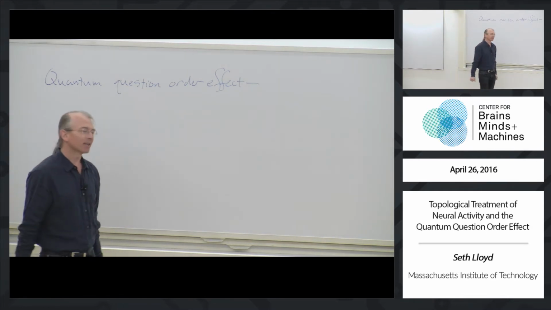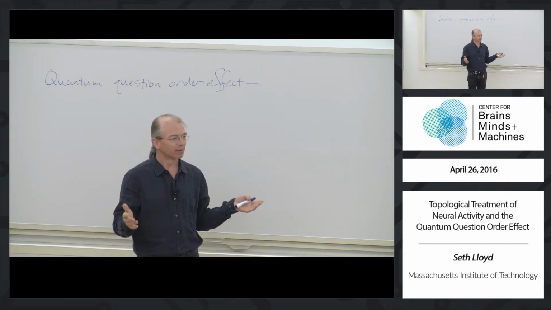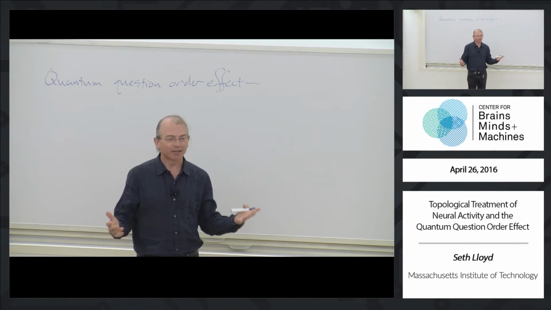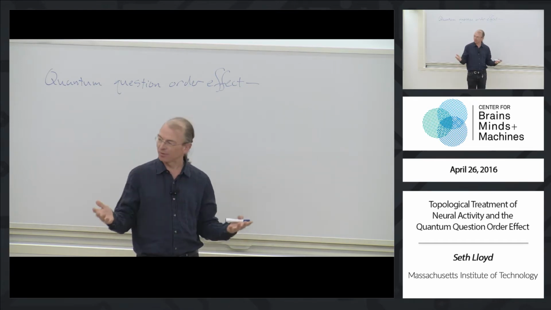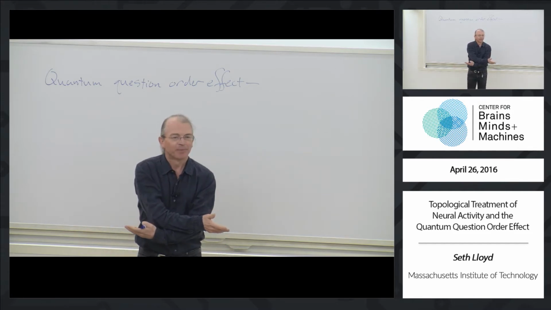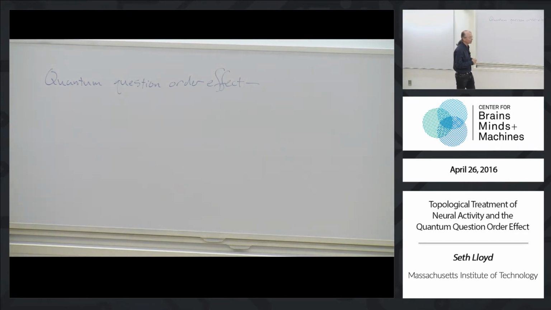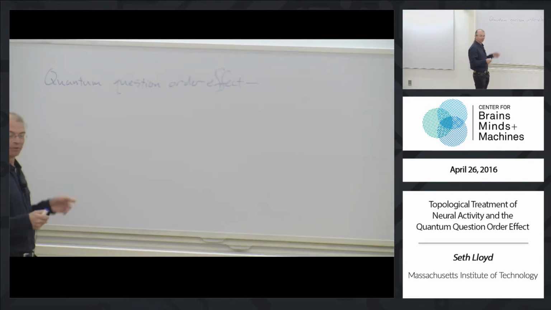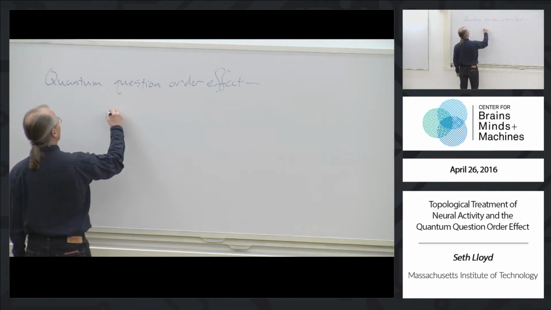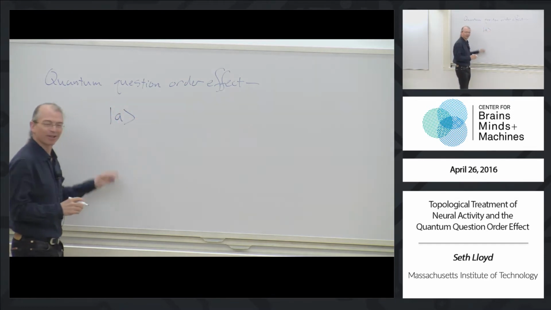Now in quantum mechanics, it's also the case that asking questions depends on the order. If I measure first momentum and then position, I'll get different probabilities for the results than if I measure first position and then momentum. And this happens because in quantum mechanics, there's a very specific mathematical structure, which I will now tell you. So in quantum mechanics, I have the states of a system. For instance, I have a state which could correspond, it's nice and quantum mechanical, right?